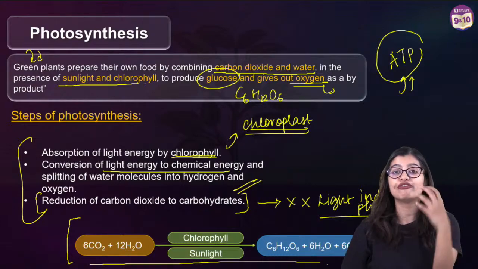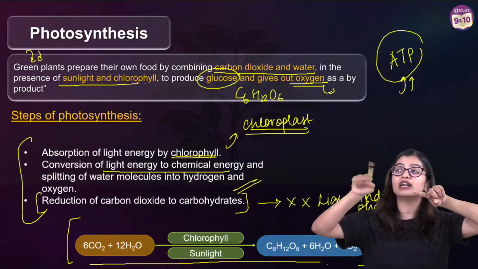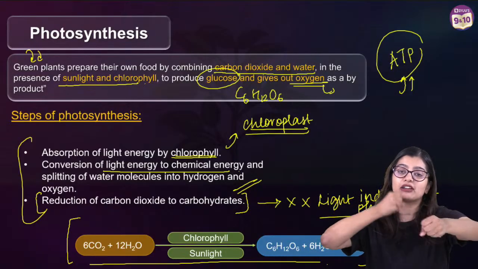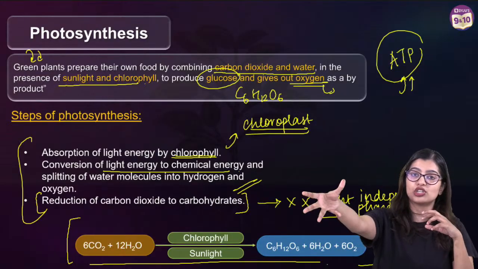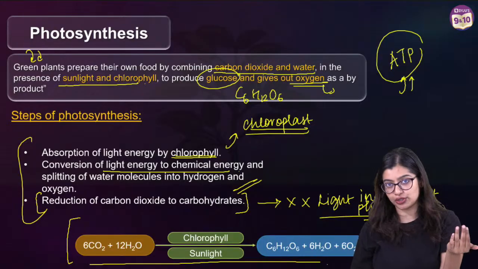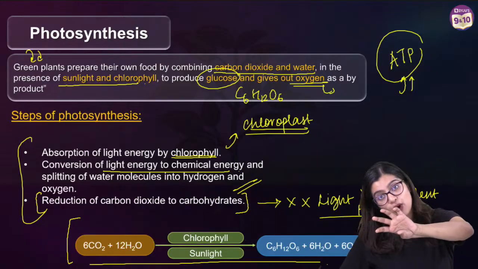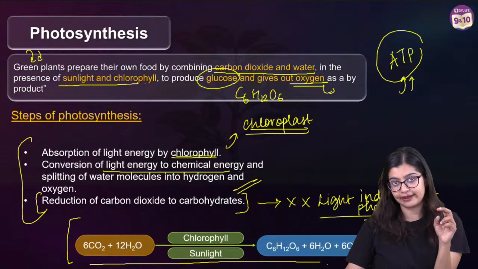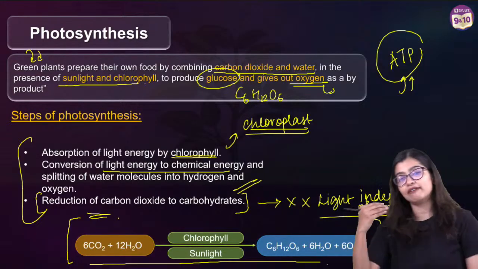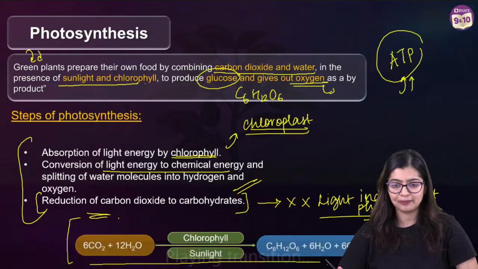Step number 1, your chlorophyll that I find in the chloroplast will absorb the light energy. Once the light energy is absorbed, it will convert it to chemical energy. How? It will use this energy to split the water molecule into the respective hydrogen and oxygen ions. And eventually your oxygen atoms will combine to form your oxygen molecule, which is nothing but your gaseous oxygen, right? Now what will happen? We see that the remaining bit of it is to convert carbon dioxide into carbohydrate. So your glucose comes from the carbohydrate, yes? And it's not a single step process. Many steps are there. But of course, eventually we get your glucose, right? And a small amount of water is given out as a byproduct as well.